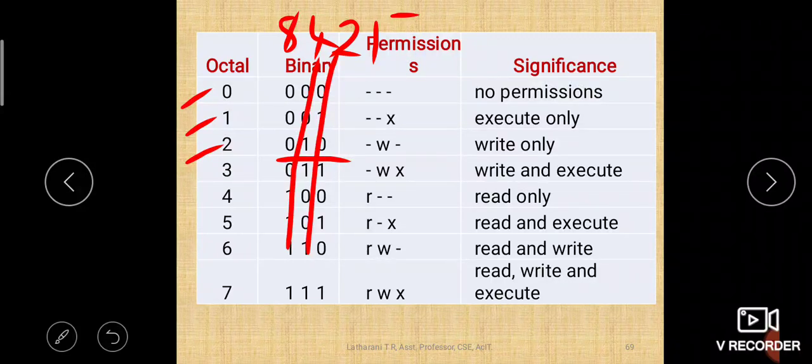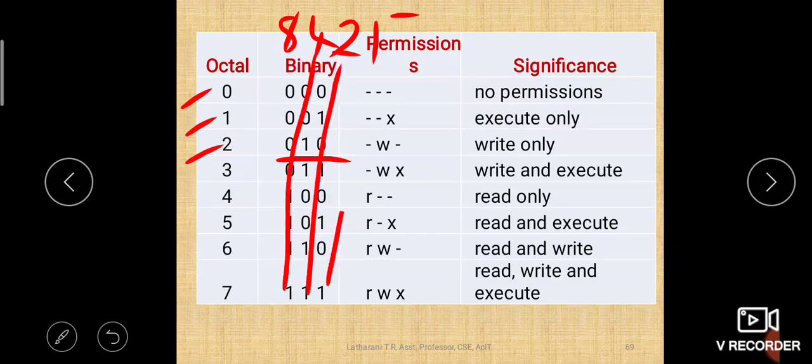It is 6, 1, 1. In the place of 4 and 2, it is 6. Similarly, 7 means 4 plus 2 plus 1. Okay. So that's why we are writing numbers like this. The binary equivalents using 8421 code we are writing. This is how the binary equivalents are found.